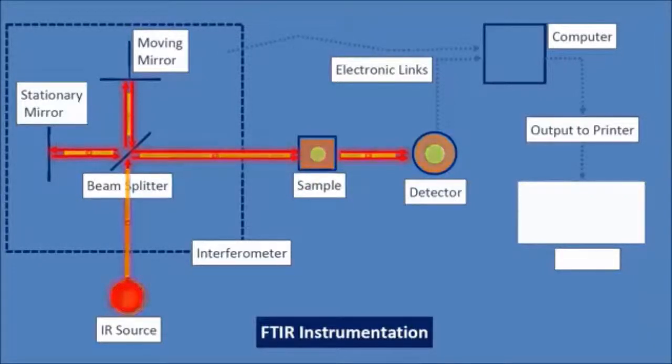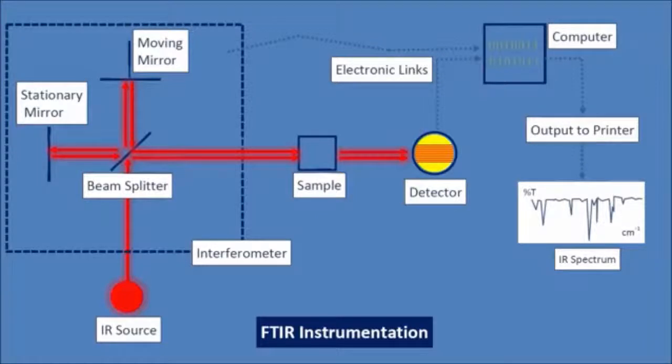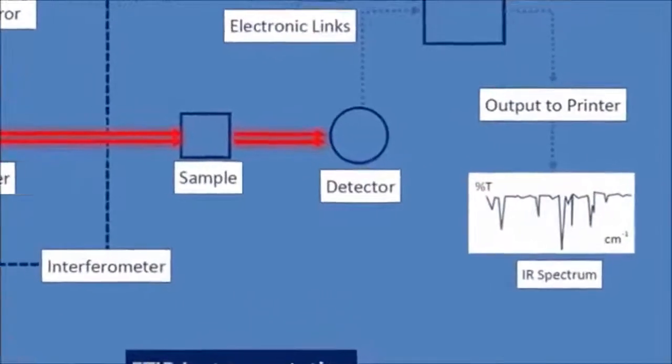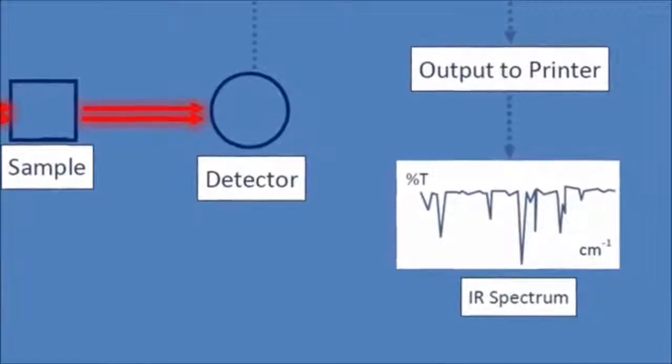When the radiation arrives at the sample, some frequencies are absorbed by the sample and some are allowed to pass or be transmitted through the sample. When the transmitted radiation arrives at the detector, information about that radiation is decoded using a mathematical technique called a Fourier transformation. This provides information about the intensity of transmitted infrared radiation at each frequency separately. The computer software then produces a graph of percentage transmission against frequency or wave number. And this graph, called the IR spectrum of the sample,